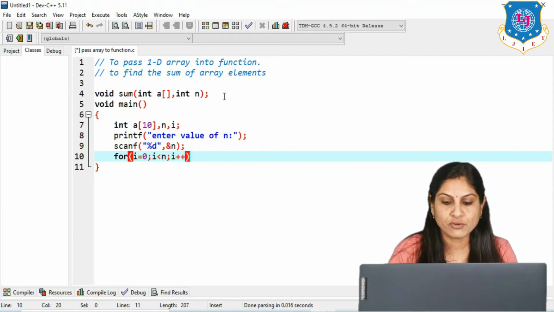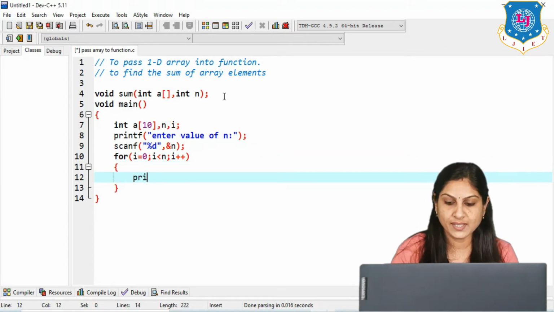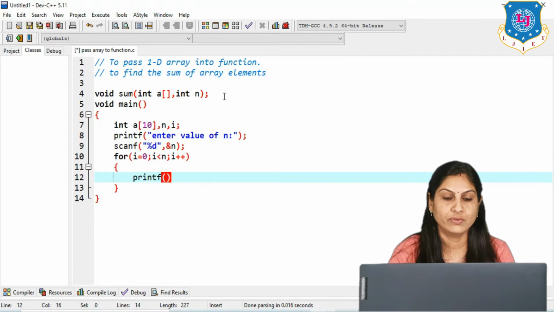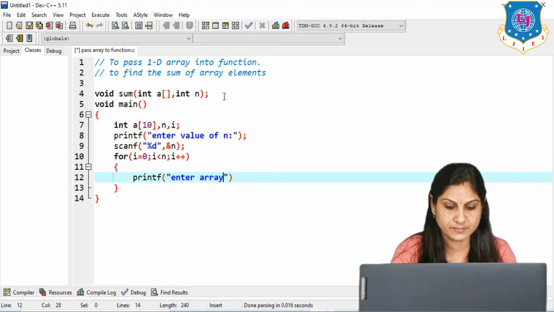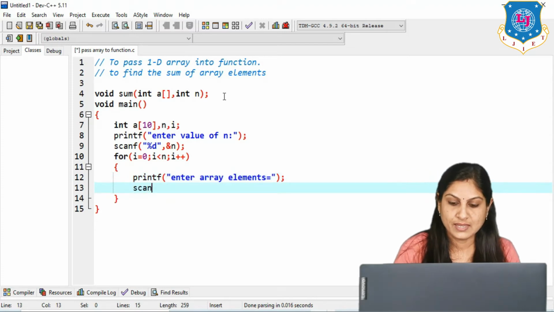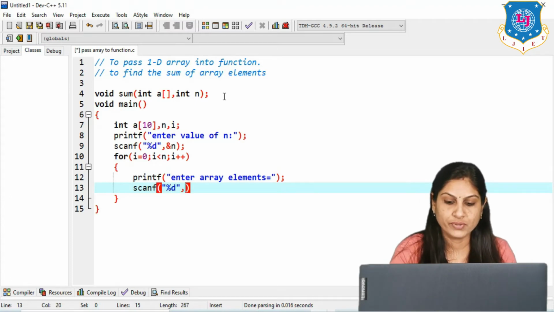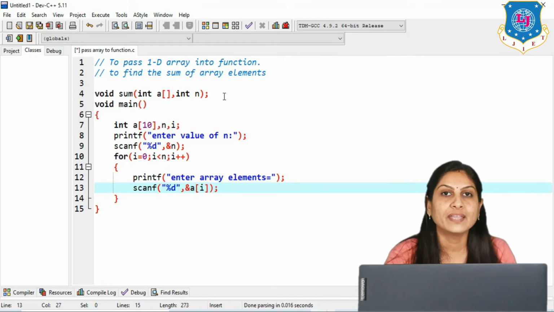Inside it we have to read the data using printf and scanf. Inside printf I have written enter array elements. Then the scanf function is there, the array type is integer so %d is there, and then address of a of i. So this logic is just regarding the array.